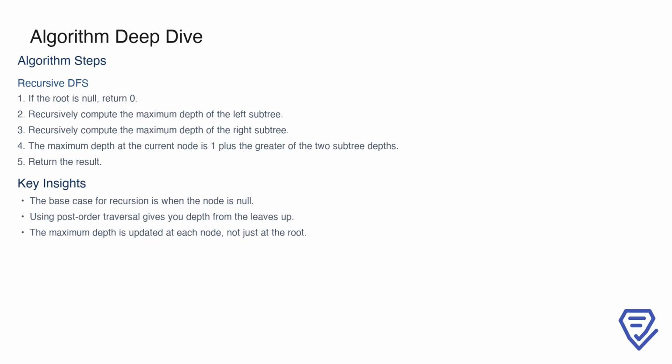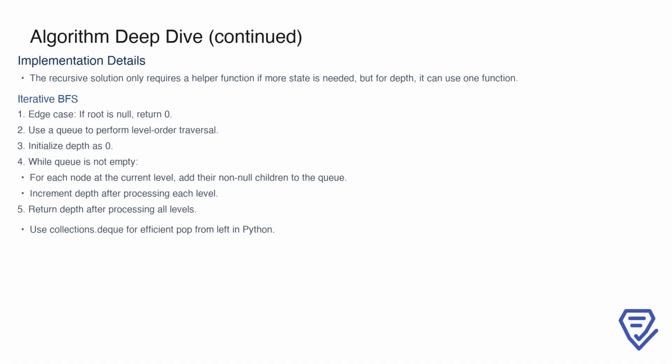It's important to remember that the base case is when the node is null, providing the anchor for the recursion. At each internal node, you combine the answers from the left and right and propagate the answer upward. Continuing deeper into the implementation, the recursive approach typically fits in one short function. If you need to track more variables or annotate nodes, you might use a helper, but for maximum depth, it's